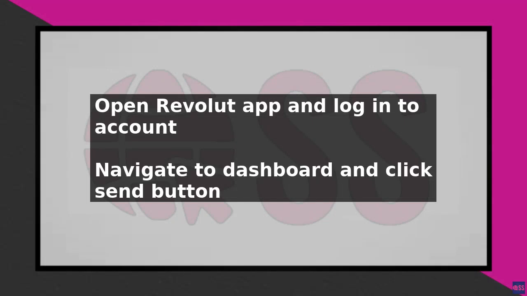To send money internationally on Revolut, simply start by opening the Revolut app and logging into your account. Once you are logged in, navigate to the dashboard and click on the Send button. This will take you to the Send Money page where you can select the currency you want to send in